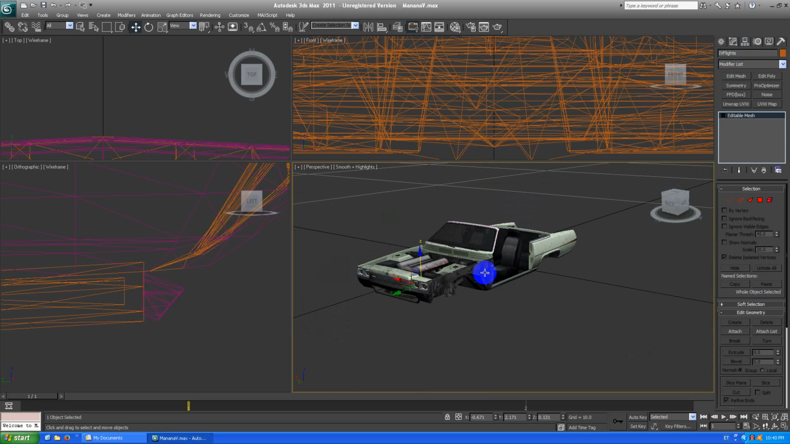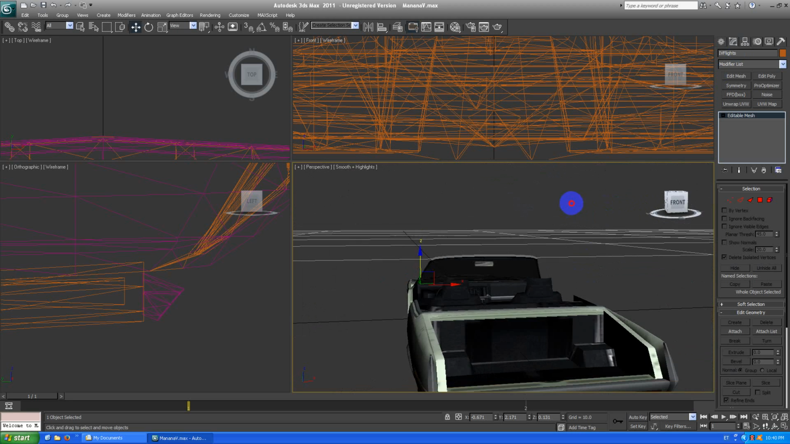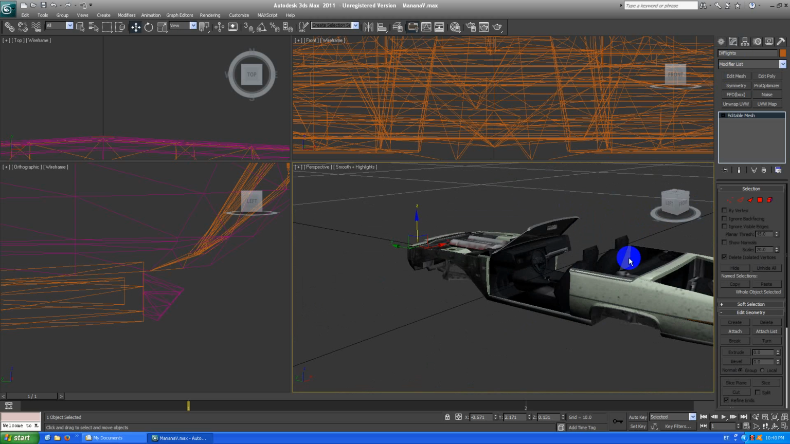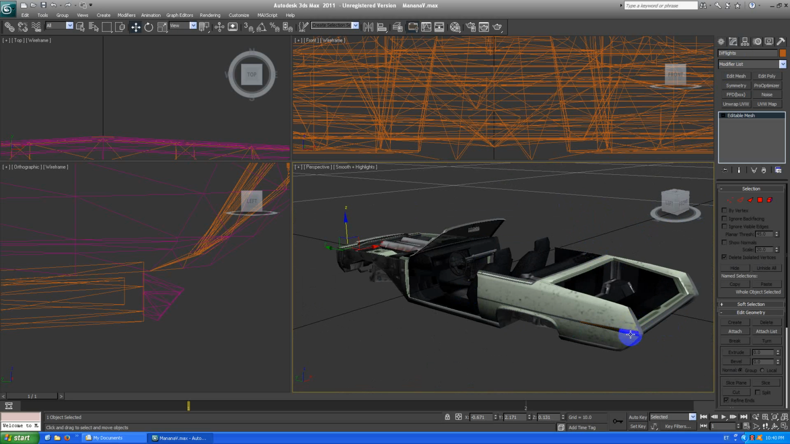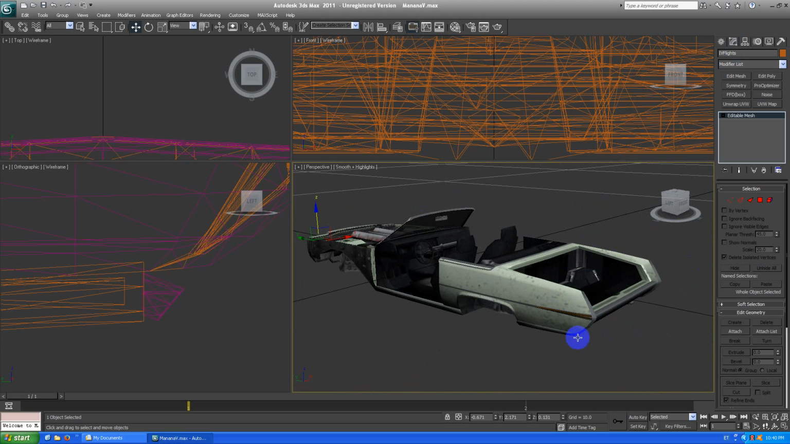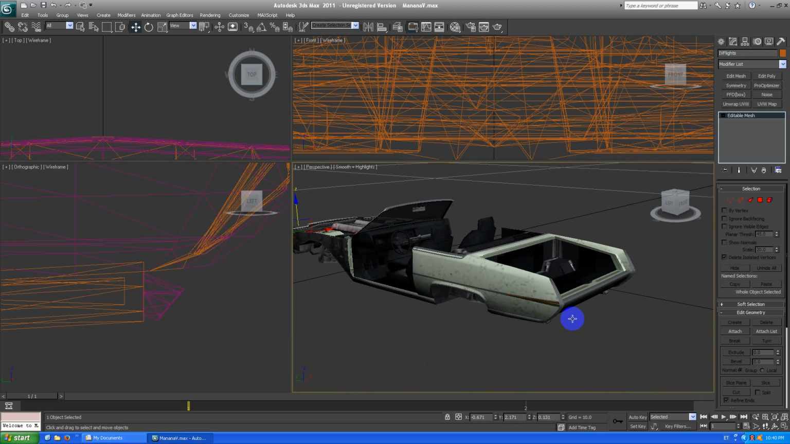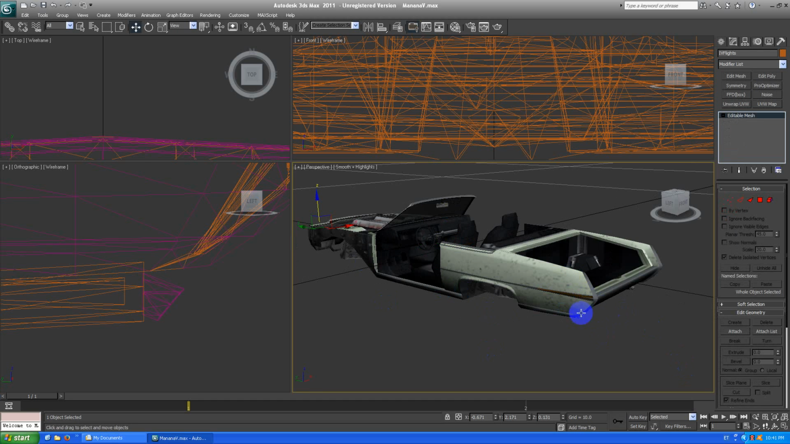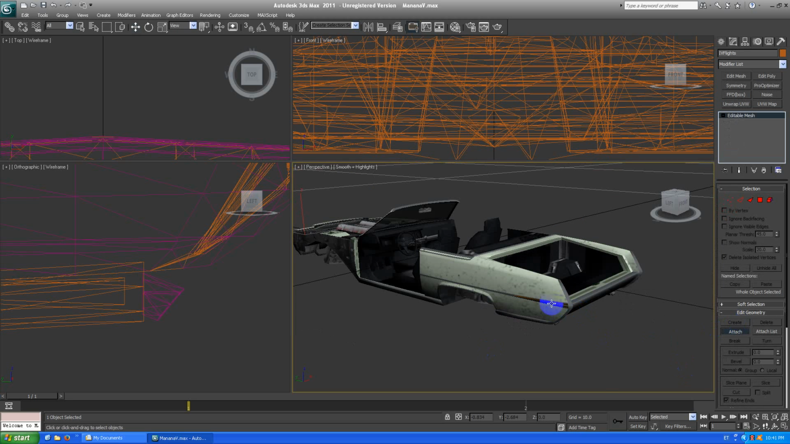But since most of the cars also have rear lights attached to the whole body, I also connect this. For example, this one is also connected to the body, so I can also choose the rear indicators like this